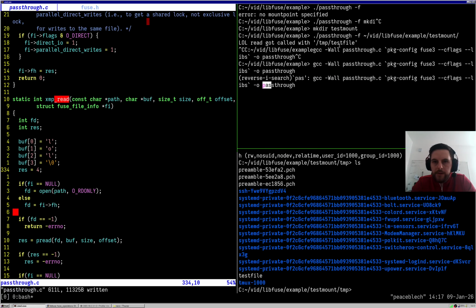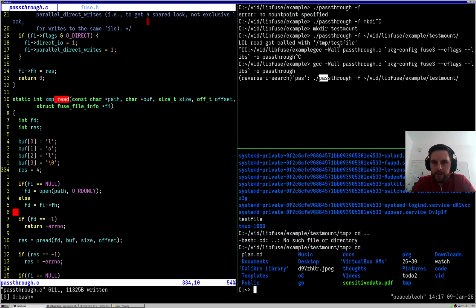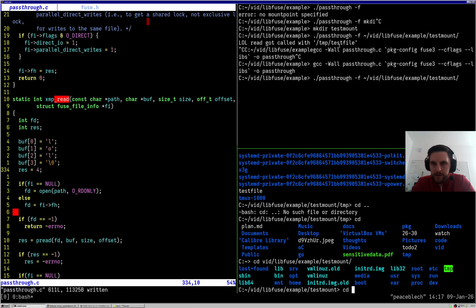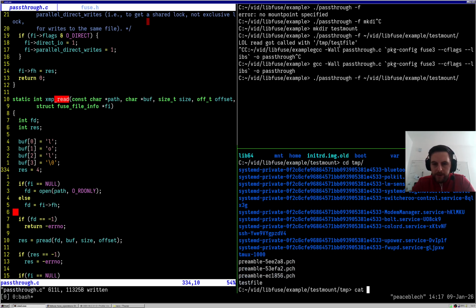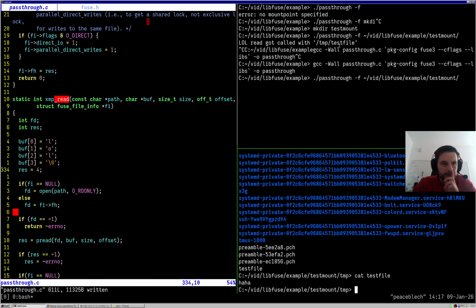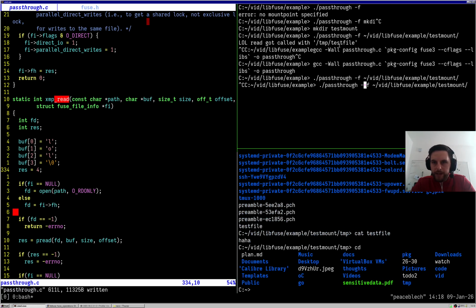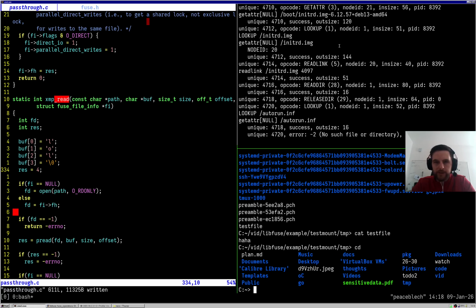recompile, remount. We should, before that, go out. Remount with libfuse example test mount tmp, and we can read test file. Why didn't it trigger the read function? What we can now do is we can also look at, I should leave the -d, and we can see which operations are called. Well, you can see there are always operations called because I have this